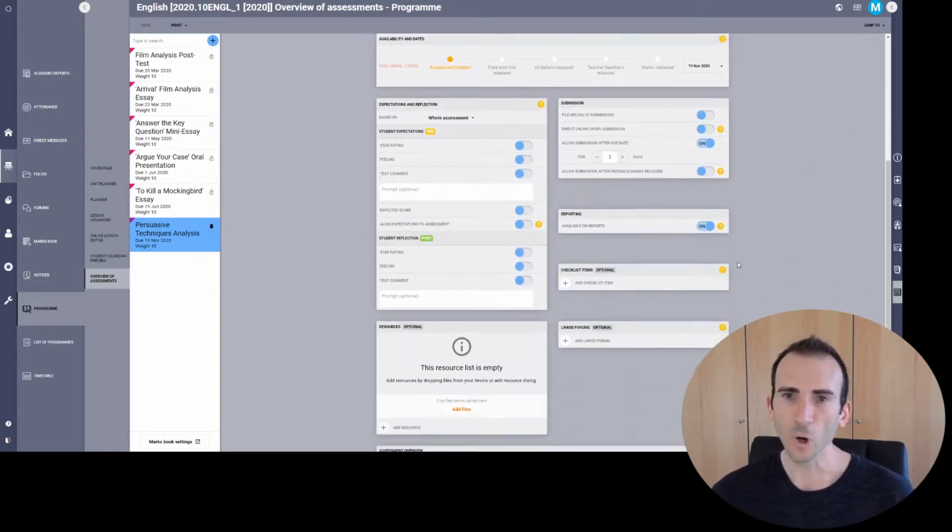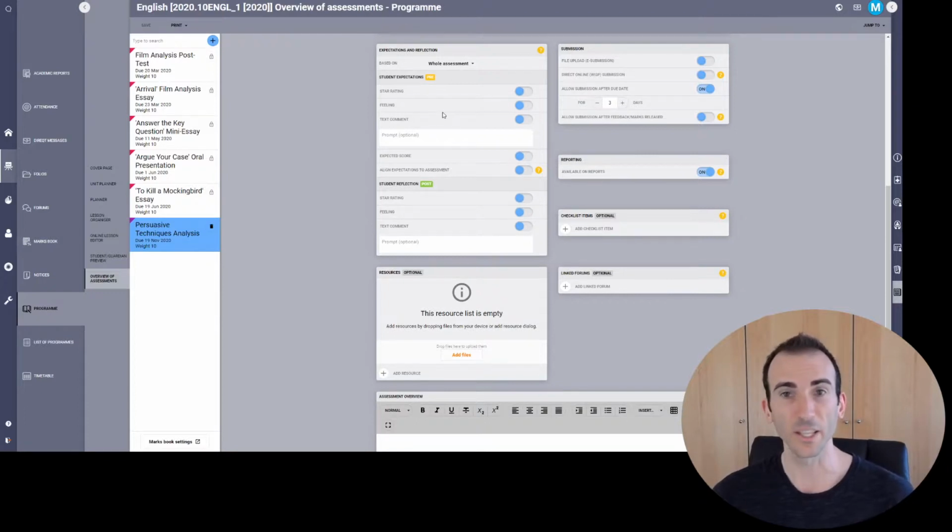I'm going to skip most of the details here, except to say that there's some really great stuff to play with. You can get students to write reflections or their expectations of how they think they'll go on the assessment task, and then a reflection afterwards about how they actually went. You can change whether the students can submit on SEQTA or whether you want them to submit elsewhere. I usually leave that off. If you are letting them submit on SEQTA, I would say allow submission after the due date, and I'd change this up to 180 days because